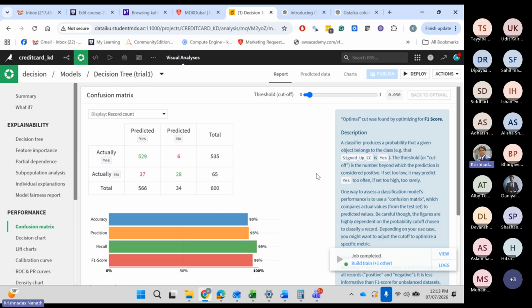Here, the majority of predictions, 566 out of 600, are yes. But that does not mean the model is bad. The model could have been bad if this was 0, which means there were no predictions in the no category at all. Right now, at least there are 34 predictions in the no category. So it has some merit, but we have to be very careful in seeing this biased nature.